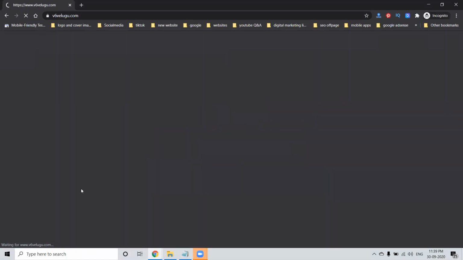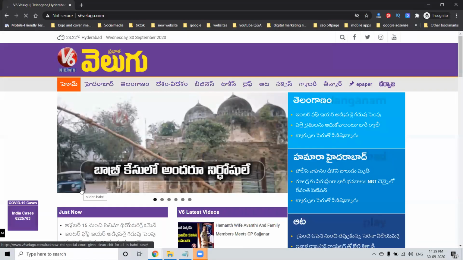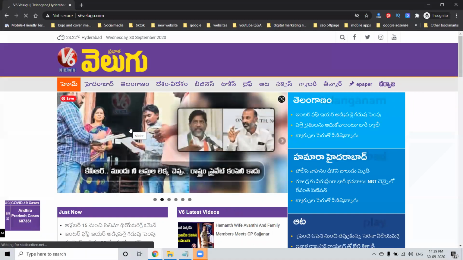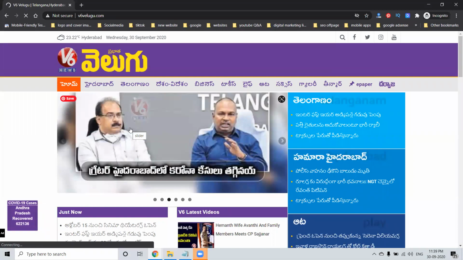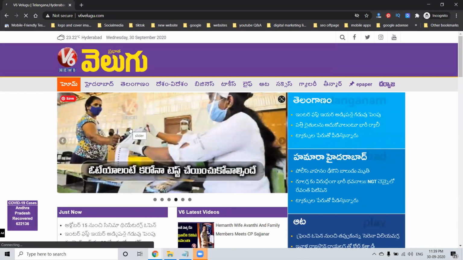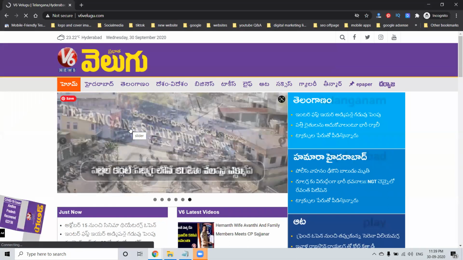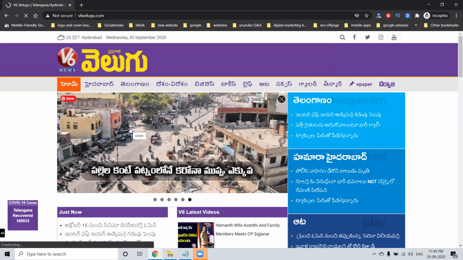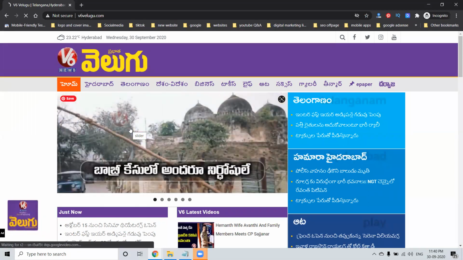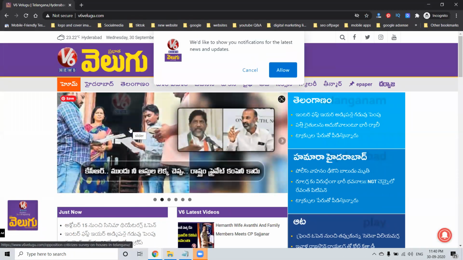When you open the channel, you get a pop-up notification, which is a browser push notification option. So how can we enable it on your particular website? How can we activate it in your news portal, and how can you get push notifications for any user coming to your website? There is a benefit to the push notification option. So how will you get this push notification on your news portal website?